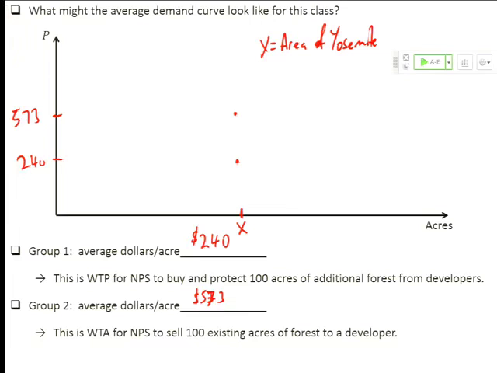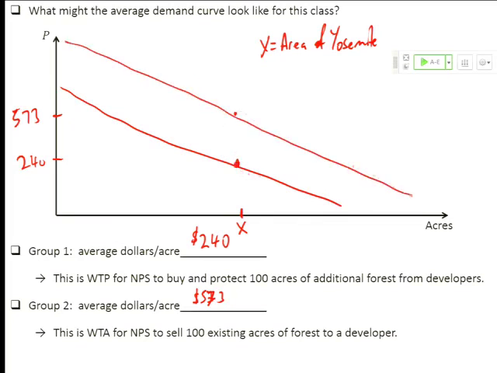And vice versa, for those of you who are being asked to expand it, eventually you'd say, wait, yet another 100 acres? Yosemite is now covering all of Nevada and Northern California. I'm really not willing to pay much for one more unit. So we would imagine some kind of downward sloping demand curve like this, which, if you make your dots big enough, would go through the actual dot, okay?